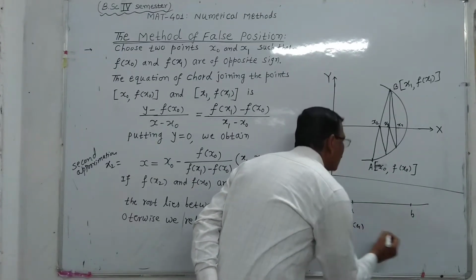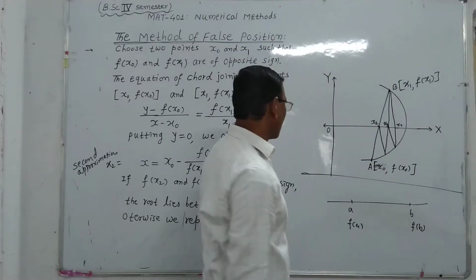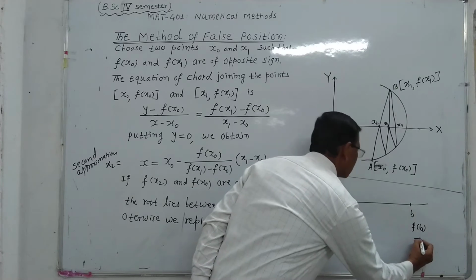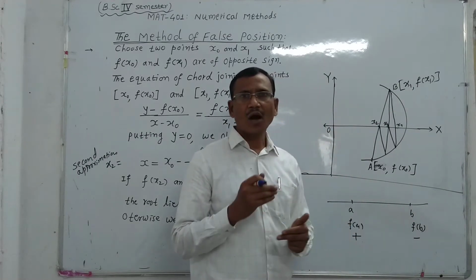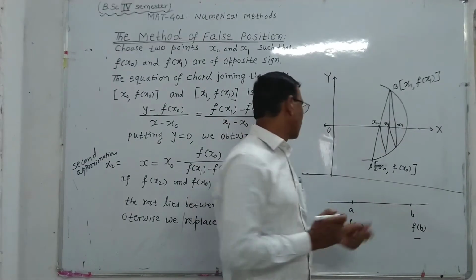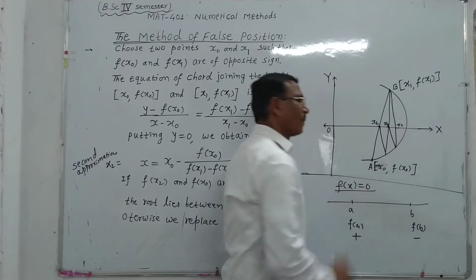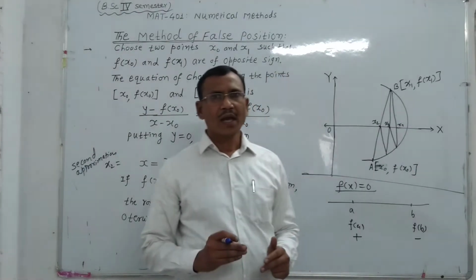Find f of A, also find f of B. If f of A is positive and f of B is negative, that means they have opposite signs, then the solution of f of x equals 0 lies between A and B,